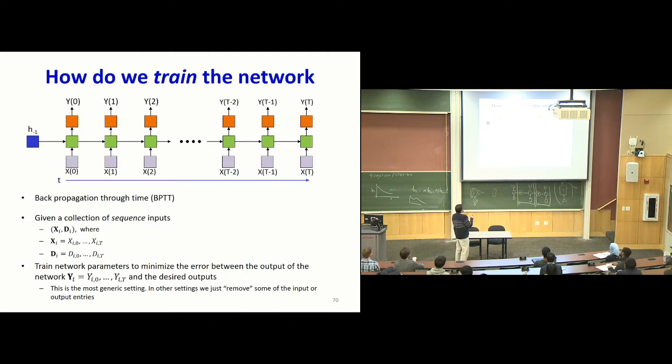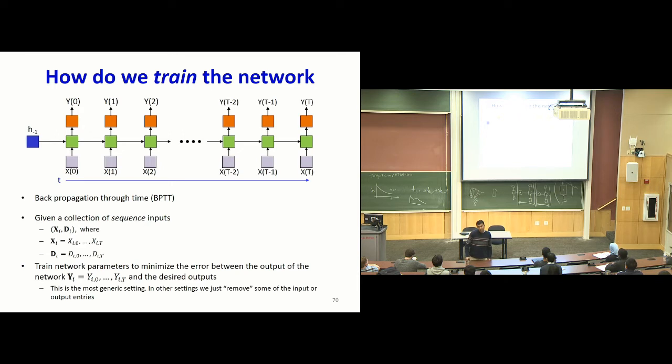Now, to train this network, you're going to be given a collection of training data, which consists typically of a collection of sequences. Each input is going to consist of a sequence of input vectors, x's, and the corresponding sequence of desired output vectors, the d's. I'm going to assume for now that this is the structure, that you have a synchronous output for every input, because all the other structures that we saw can be thought of as simplifications of this model, where some of the inputs are set to 0 or some of the outputs are ignored, right?